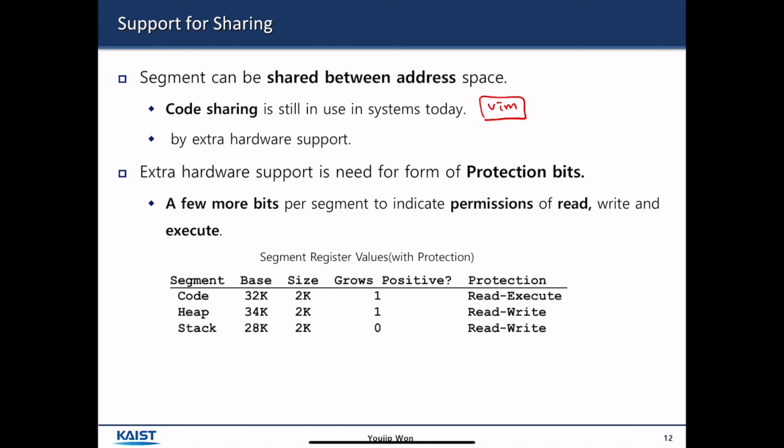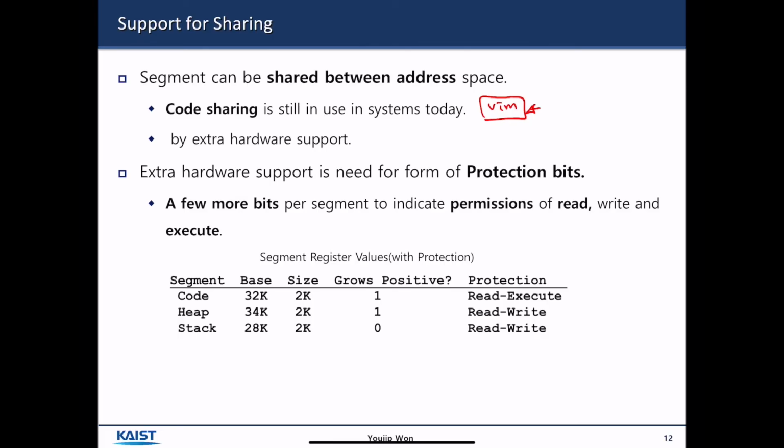Segments can be shared between address spaces. Code sharing is still in use in systems today. Let's consider a server, and there are tens of users logged into the server, and they all are editing some sort of program using an editor, Vim. In a normal situation, each process that edits the code will contain the code for Vim, and if there are tens of users in the system, then there are going to be tens of copies of Vim loaded in memory. But if the operating system allows the sharing of the code segment, then all the users can share the same copy of the code. So instead of loading tens of copies of Vim,